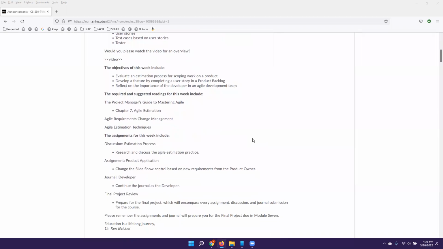And so this week, the readings will go over Agile estimation for the main text. We'll also look at 2 other readings. One is Agile requirements, change management. Another one is Agile estimation techniques. So you can see it's all about, when you change, estimating the change, and then being able to work that into a sprint. The assignments this week include the estimation process, so research and discuss the Agile estimation practice,